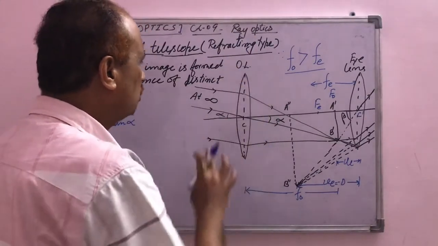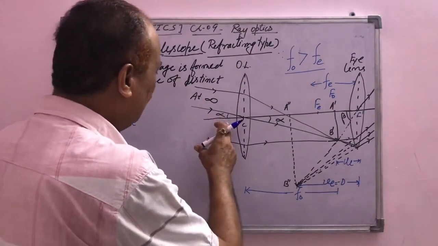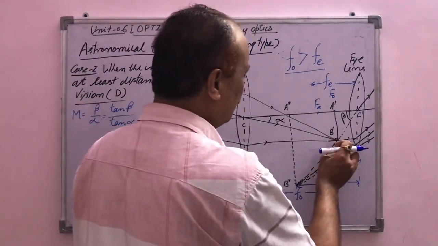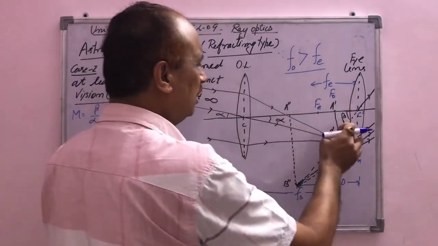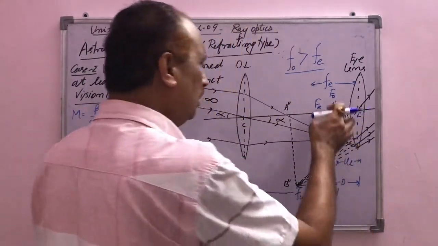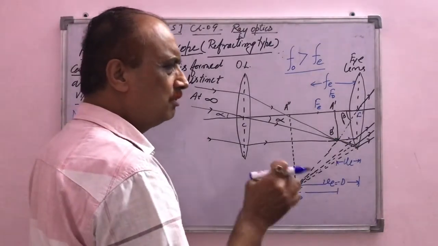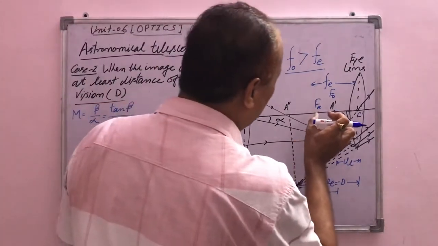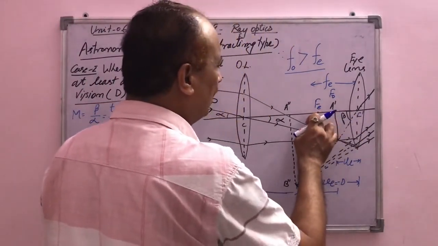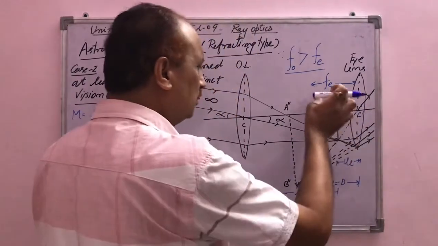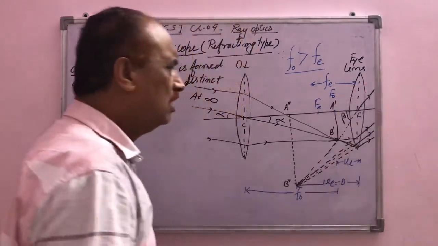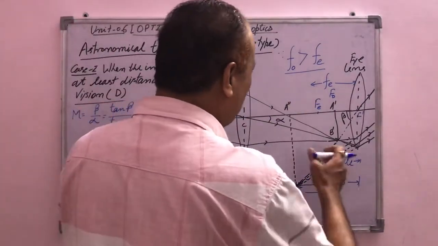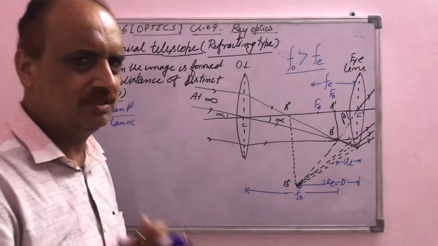and incident on the first face of the objective lens, making an angle alpha with the principal axis. After that they will be focused at a point and form an image of the object, that is A dash B dash. This A dash B dash image is real, inverted and magnified. It is formed in between the focal point of the eye lens and the optic center of the eye lens. Therefore, this acts as an object for the eye lens, and the final image is formed at A double dash B double dash by adjusting the distance between the objective lens and the eye lens.